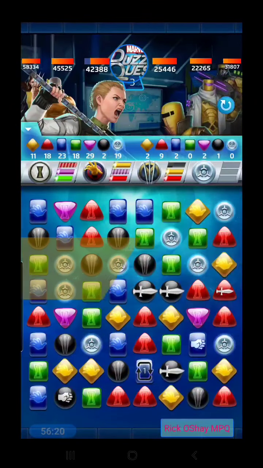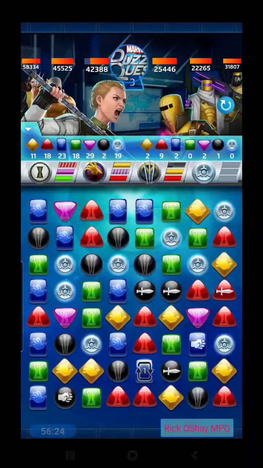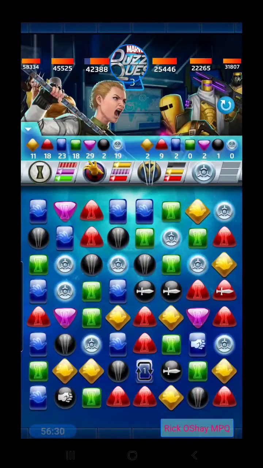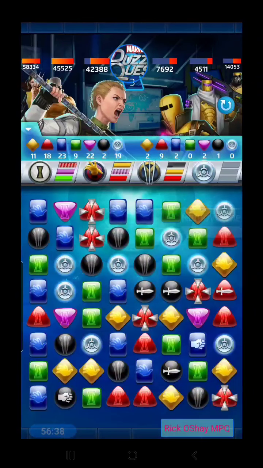Yelena's going to punish him for how much red they accumulated. Very nice with those strike tiles. Cool. Okay, so let's play Military Surplus for the team damage. It would remove a couple of enemy specials if they had it. We'll play Spycraft on the enemy's strongest color. That would have been smart to play before MODOK showed up, and that is fine. Let's play...